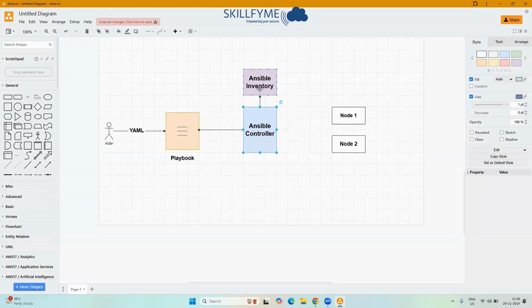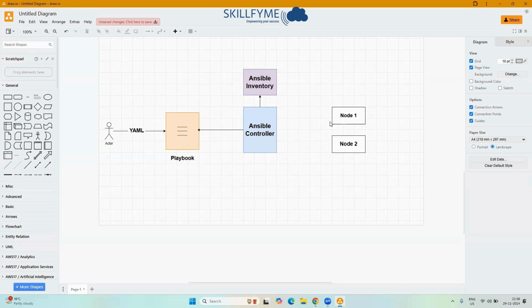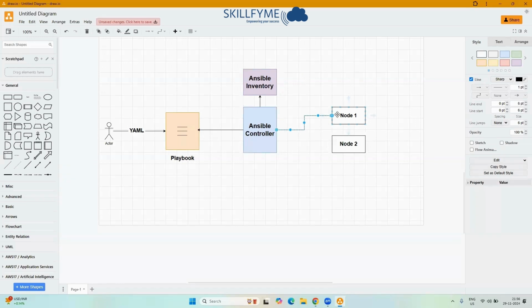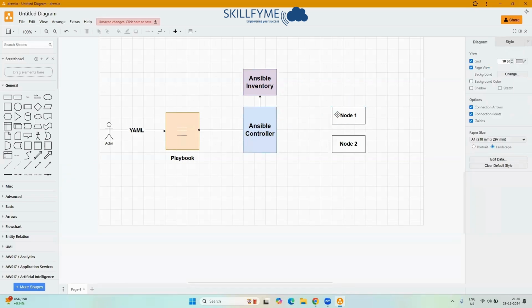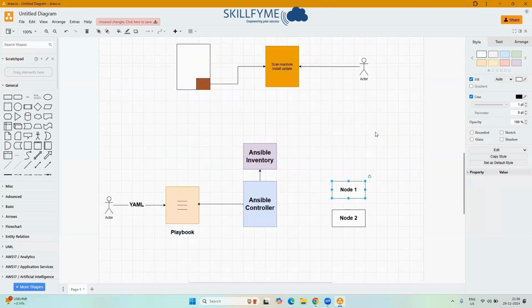Now, Ansible will use this Ansible inventory to identify connection information, okay? And it will connect to that machine, execute whatever it has to execute, and break the connection after execution. So practically speaking, your Ansible will be connecting to your machines only for execution purpose, and it will break the connection. So your machine will also get configured, but at the same time, now compared to agent-based technologies,